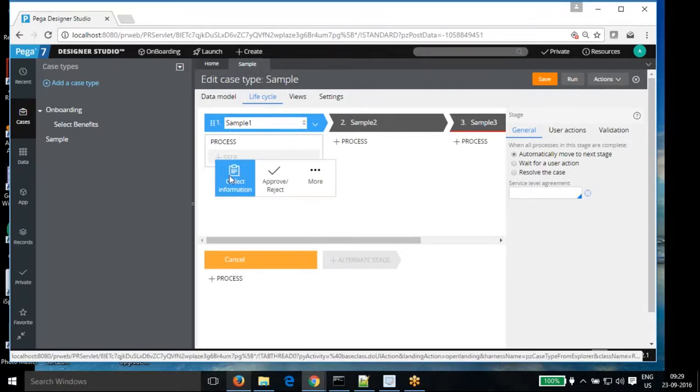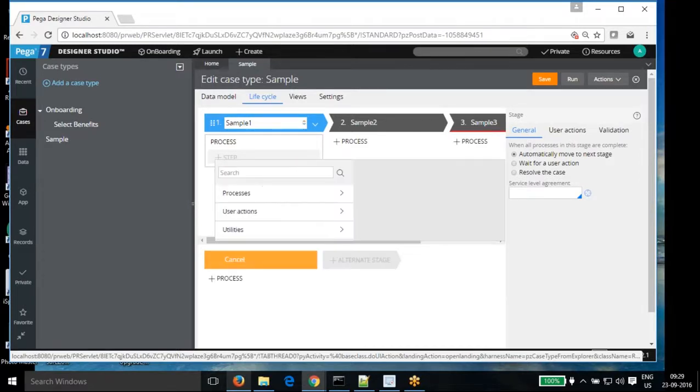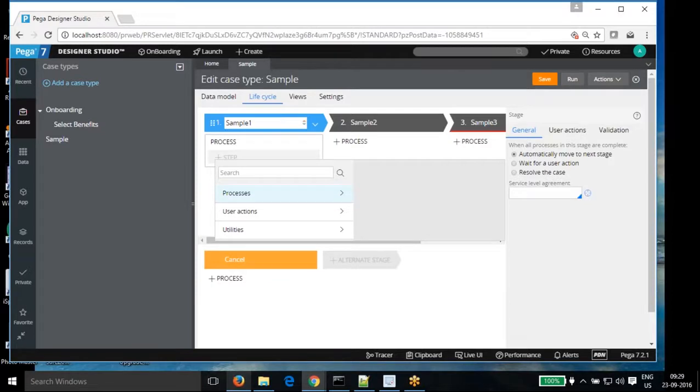Click onto the, so yeah, now see with figure 7.2 it was changed. Okay, there actually you can see collect information, approve or reject, or from the save more you can add some smart saves. Okay, you can use existing state processes from here. So existing processes you can add directly, or you want to do some specific user actions.